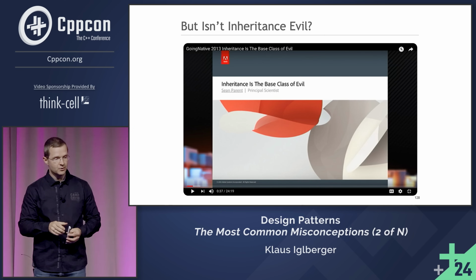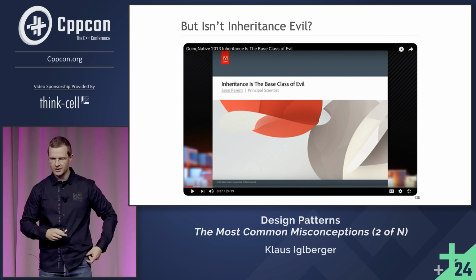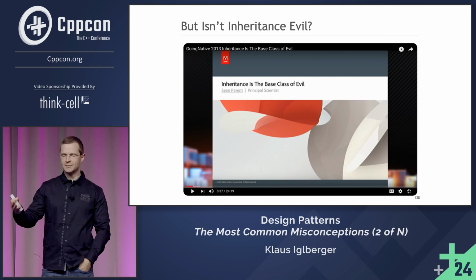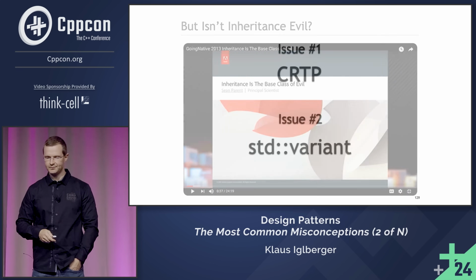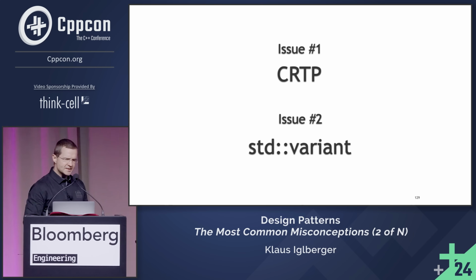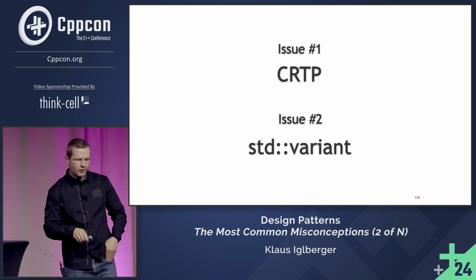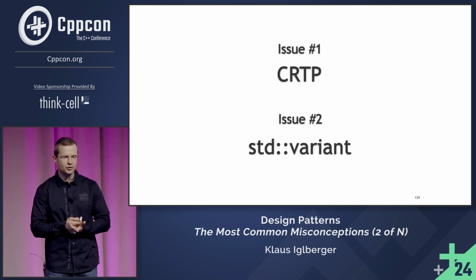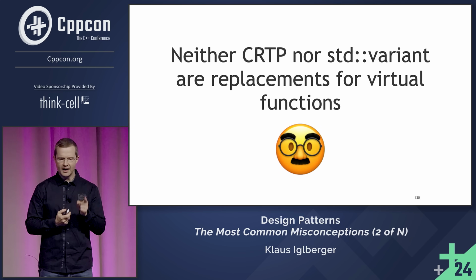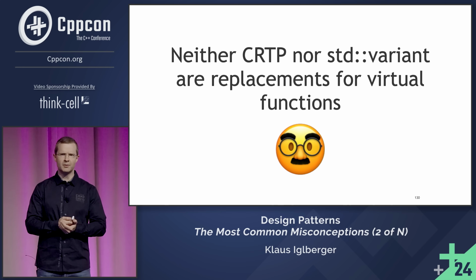And so the solution that he presents is a solution more in the object-oriented regime. We can add new types quite easily. So, however, to quickly summarize these two, because I've now put them together because they are usually seen as some kind of replacement for virtual functions. Neither CRTP nor std::variant should be seen as such. Pretty please.